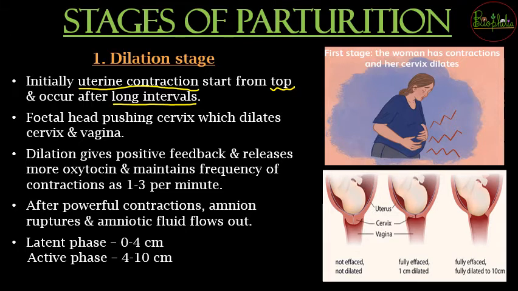During the dilation stage, what is going to happen? The fetal head is going to push the cervix. Slowly and steadily the baby's head is trying to push the cervix and the vagina, which is going to open up the birth canal. If you might have remembered, starting in May I had told you that there is going to be a cervical plug, and that cervical plug is going to protect the entire pregnancy. The full pregnancy के time पे this cervical plug is going to be present, and it is going to prevent the leakage. So जो amniotic fluid है वो leak नहीं होना चाहिए. It should be present for the development of the fetus.